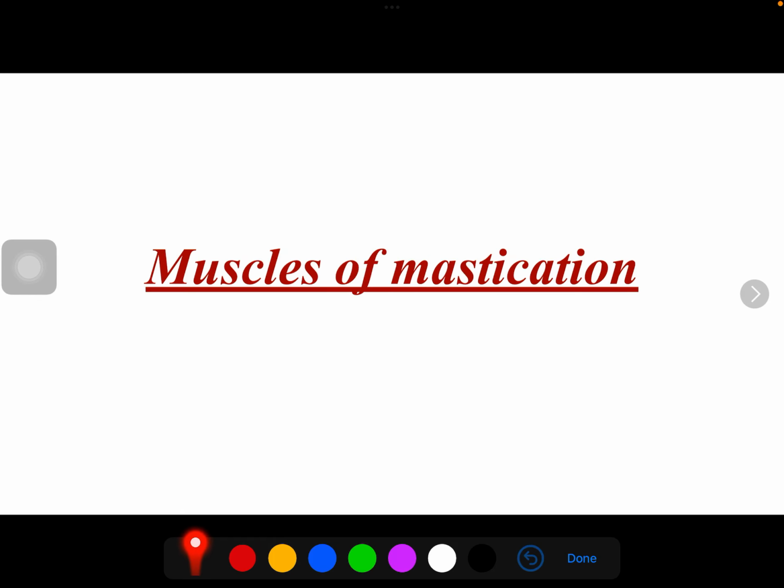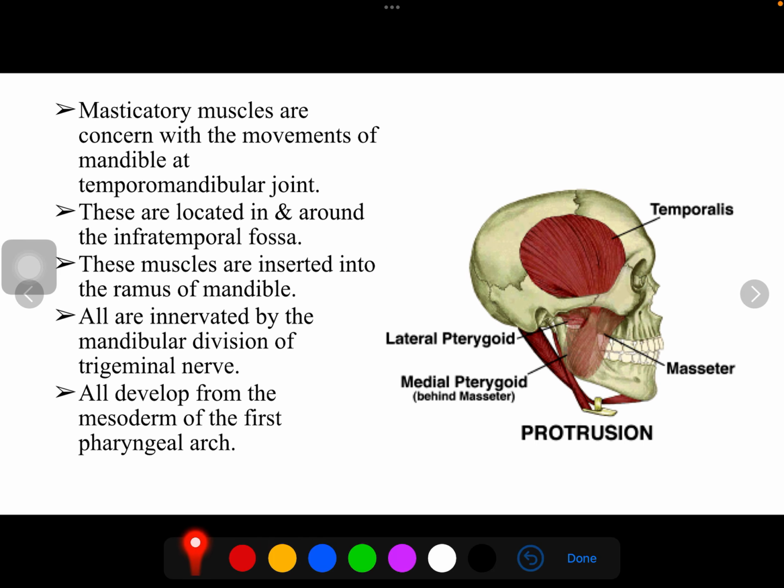Muscles of mastication. Masticatory muscles are concerned with the movement of the mandible at the temporomandibular joint. These are located in and around the infratemporal fossa, and these muscles are inserted into the ramus of the mandible, and all these muscles are innervated by the mandibular division of the trigeminal nerve,